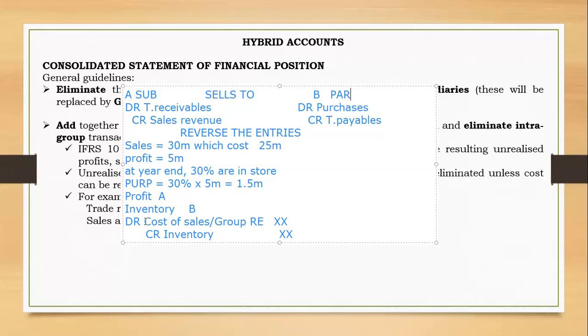In the case where A was a subsidiary and B a parent, this profit would now belong to A, which is a subsidiary, and so I would have to debit cost of sales, no issue. But remember, this one would affect the subsidiary, right? And then to the group, since I affected the profit of A and A was a subsidiary, in consolidation we share the equity of A, and profit goes to the equity of a subsidiary. So I will have to share that one. So this would not go to the group retained earnings, it would go to the subsidiary's retained earnings. Now, for the general working that we usually do, no need to know about subsidiary retained earnings